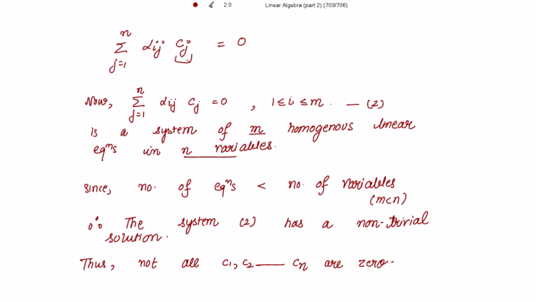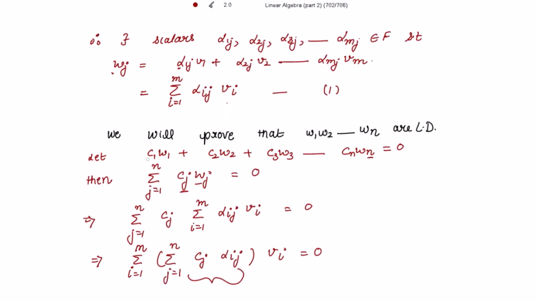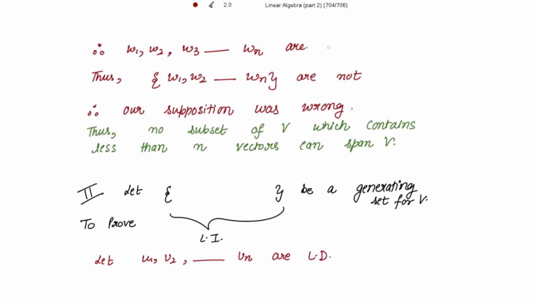Whenever the number of variables is greater than the number of equations, the system has a non-trivial solution, which means the determinant is 0, which means not all C1, C2 up to Cn are 0. If not all are 0, then w1, w2, w3 up to wn are linearly dependent, so these are not